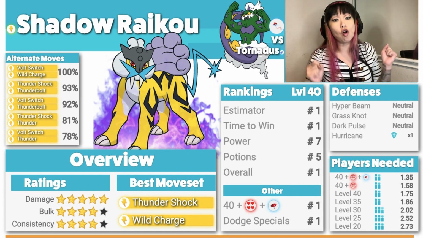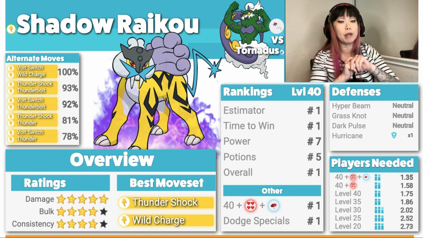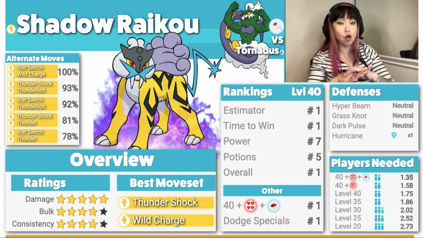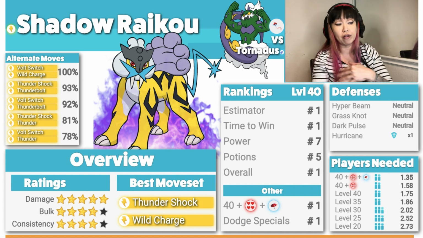So let's get started. Incarnate Tornadus is a pure flying type. He won't have any dual typing, it's not like a flying normal. It's a pure flying type. So he's going to be weak to electric, rock, and ice, and I'm going to talk more about the ice